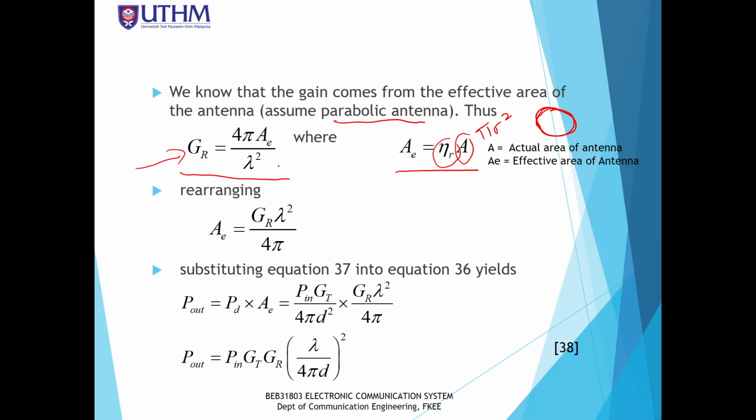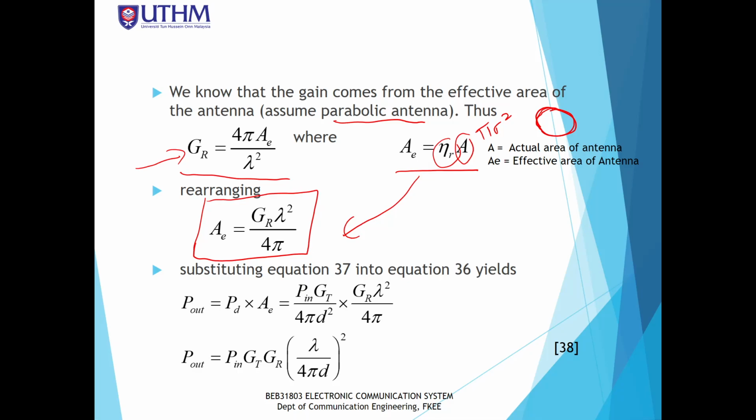So from here we can find the AE. So AE related to GR. Okay, we can also do AE like this: AE based on efficiency multiplied with the area, but we want to relate it with the GR. Kita nak relatekan dia dengan GR. So therefore, the effective area of the receiving antenna is equal to GR multiplied with lambda square divided